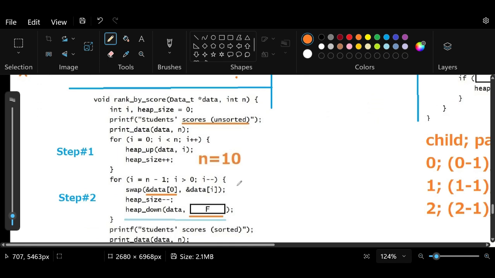Now, if we look at this part of the function, the rank by score, we do have heap up and heap down, which are also functions that we are using to do the heap sort. Since I got the answer incorrect, I thought, okay, it looks like I need to really try out all the steps,